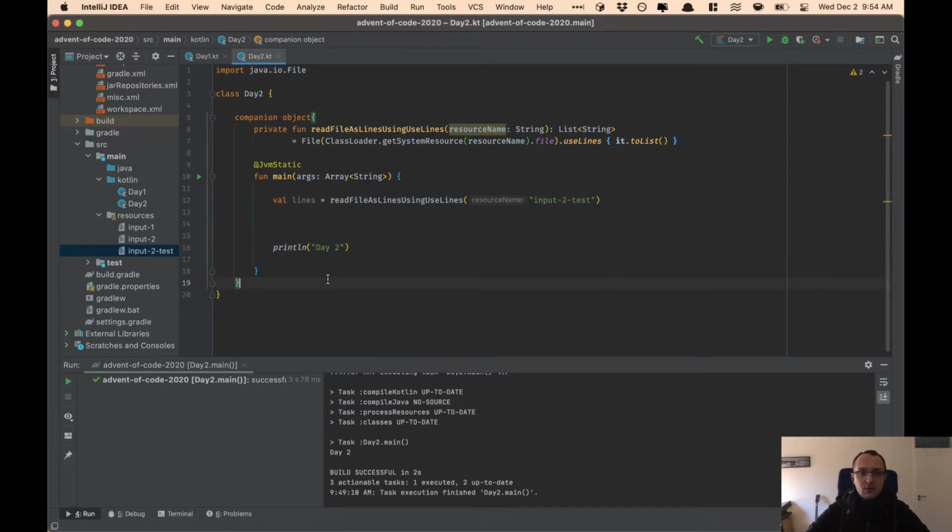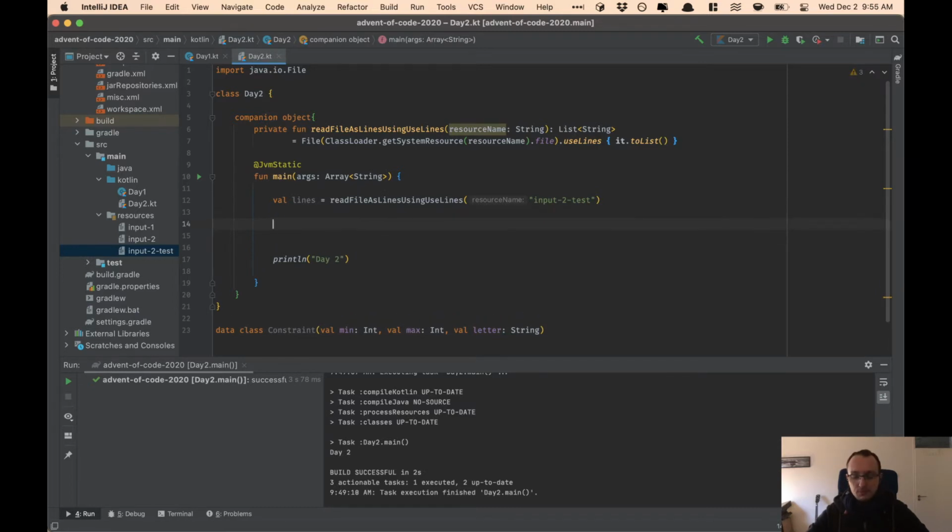So let's create a data class Constraint. And I'm gonna want a min, it's gonna be an int, a max, it's gonna be an int, and I'm gonna want a letter, which is gonna be, okay, let's call it a string, but I think we're gonna use something else. Yeah, that's gonna be a val. Okay, so what I want first is